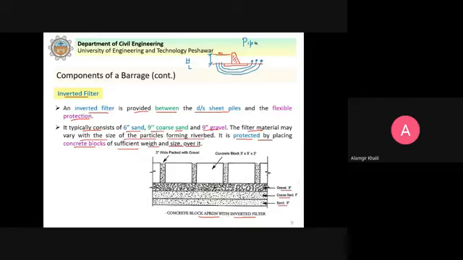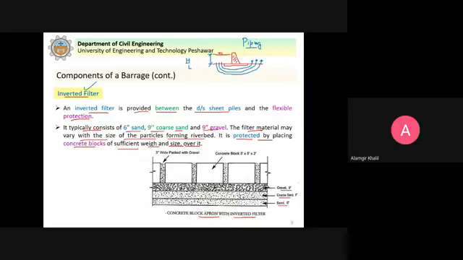And what will be the issue with this piping? As a result of this piping, failure can take place, because then there will be settlement. You remove the soil below the foundation, what will happen? There will be settlement here, so it will pose a threat to the stability of the structure. So what we want here is that we do not want to allow the soil particles to escape along with the water. So for this purpose, this inverted filter is provided.